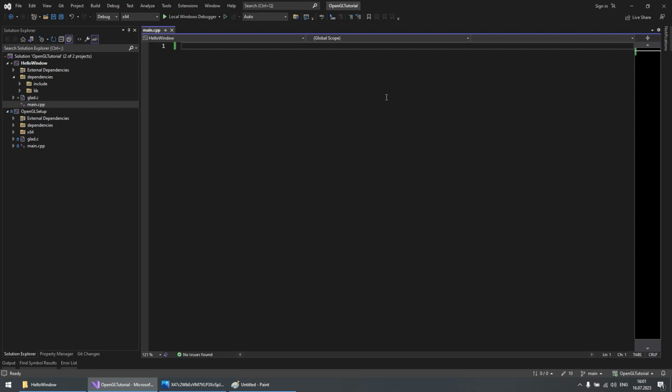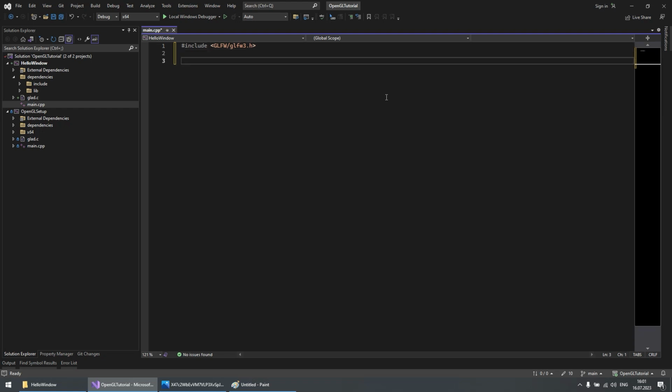In the last tutorial, we learned how we can set up OpenGL with GLFW and GLAD. In this tutorial, we're going to learn how we can create a window with GLFW and explain line by line what's happening. So the first step is to include the GLFW header file, which is #include <GLFW/glfw3.h>, and this line includes the necessary header file for GLFW, which provides the declarations for GLFW functions and types.